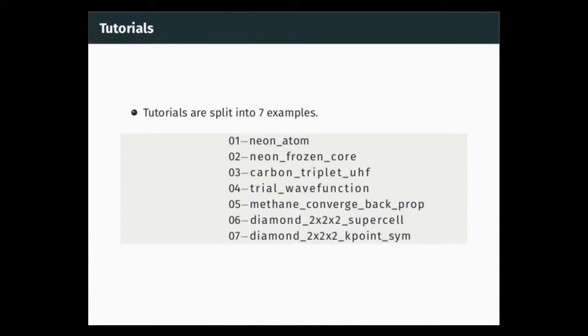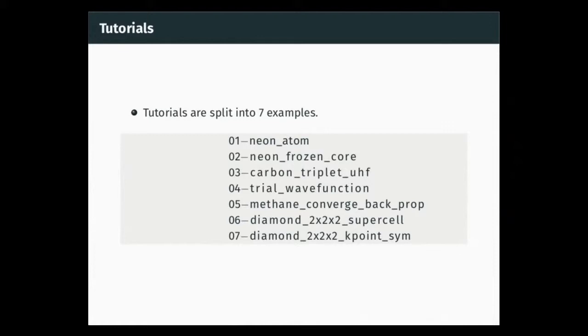So there are 7 tutorials available in the workshop repository. I would start at the first one because they're less descriptive as you go down the list. The first one has a very detailed README about the AFQMC workflow, how to generate the input, and some explanation on the various input options. Then I go through the various options you can use with the integral generation script, namely doing a frozen core calculation, generating a UHF trial wave function,